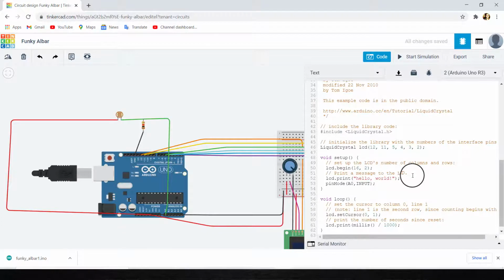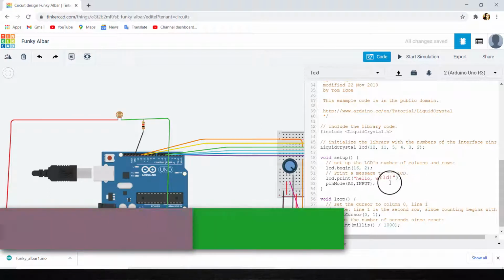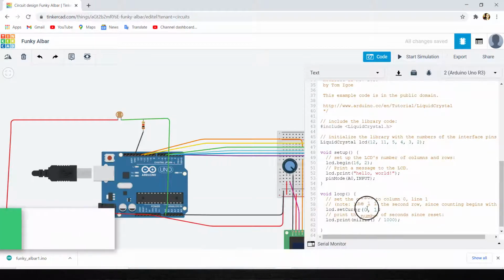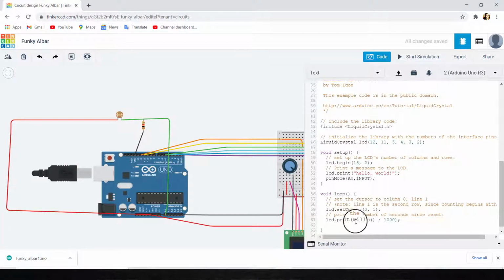Okay, so I just wrote pinMode A0 as input. Then what we will do here, we will go here and give a space, and we will just print it. What it is actually doing is setting the cursor and printing 0, 1, 2 millis and all. I don't need this millis and all, so I will just remove this millis option